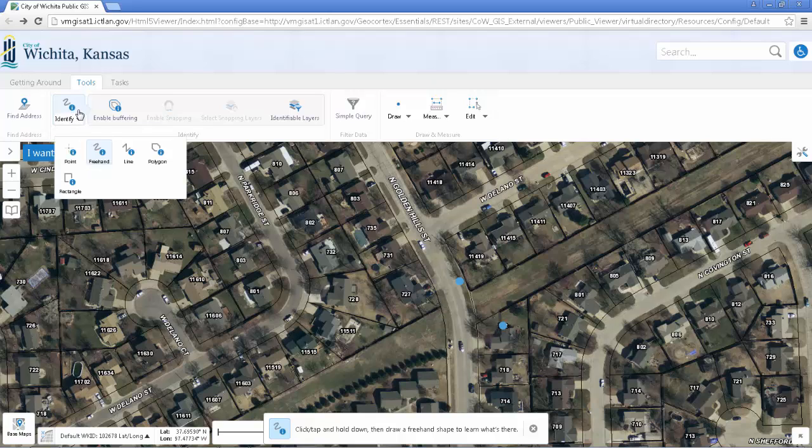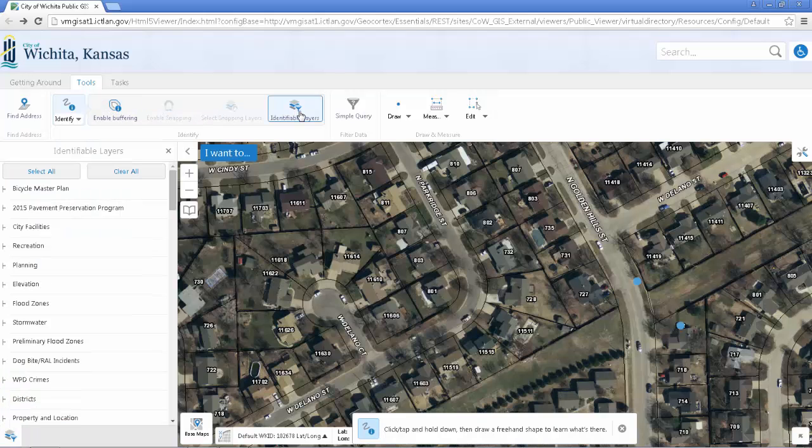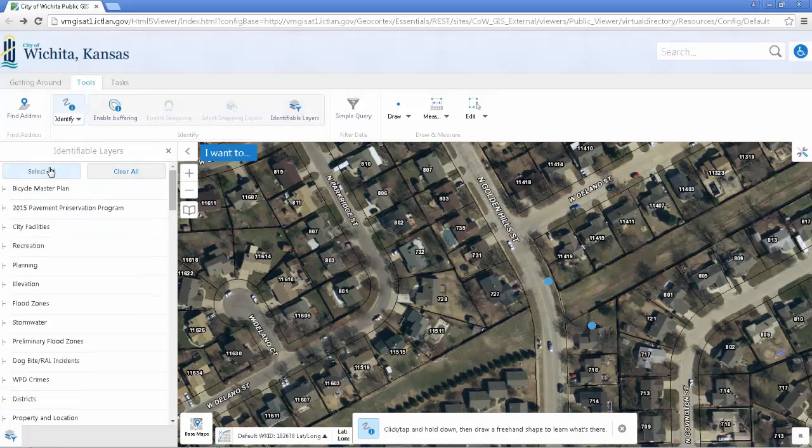When you have the Identify tool selected, this additional context menu comes up. You can control what layers you want to be able to identify on. Again, they have to be visible. So in our layer list,